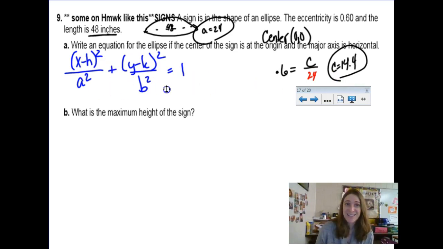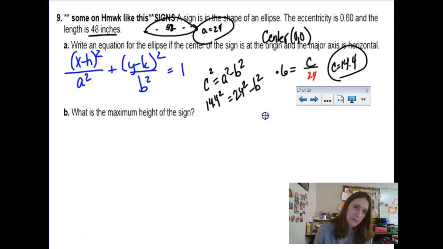and in order to write the equation, I have h, k, and a, I just need to find b. So we're going to use our c squared equals a squared minus b squared formula. I'm just going to rewrite it like this. c squared equals a squared minus b squared. And I just want b squared, so remind me not to square root, everybody. Alright, c squared is 14.4 squared equals, a is 24 squared. So I would subtract 24 squared, divide by -1, of course,